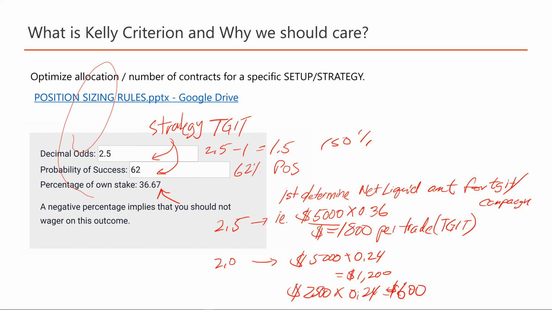The course today only covers why you should use Kelly criterion, because it optimizes your return on your investment, and how to calculate it. So I just went through each and every step using a TGIT. Now, if you're going to use a BLT and all that stuff, you wouldn't use 62%. You'd probably vary it from 50 to 54 to 67. Okay. But 67 means you've understood a lot of the other things that most people don't grasp, like maybe kickers